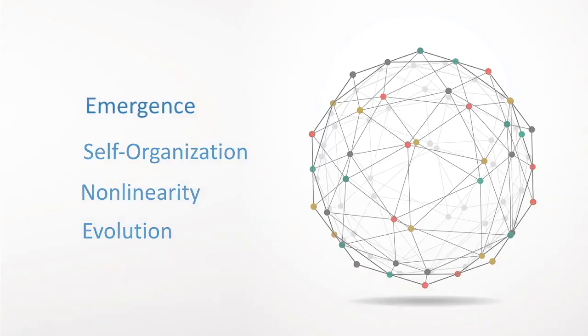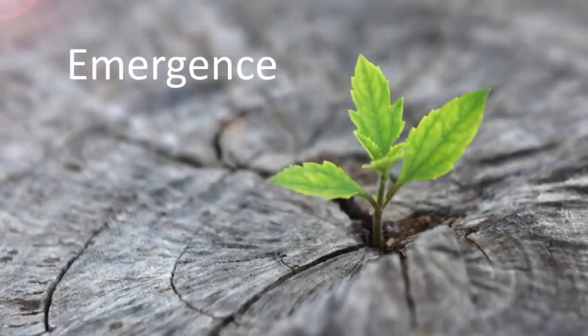So emergence is kind of the big idea. It's the idea that all the parts are in some way different to the whole system. Life is a good example. This little plant here is a living system, but if we took it into the lab and kept on taking it apart, did reductionism on it, we'd find that at the end of the day it's just made of carbon molecules, and those carbon molecules obviously aren't alive in themselves. But when we put them all together in a particular way, we get the emergence of a living system.